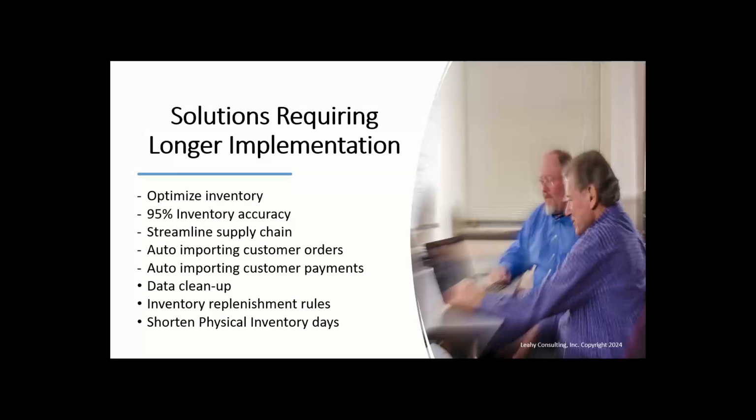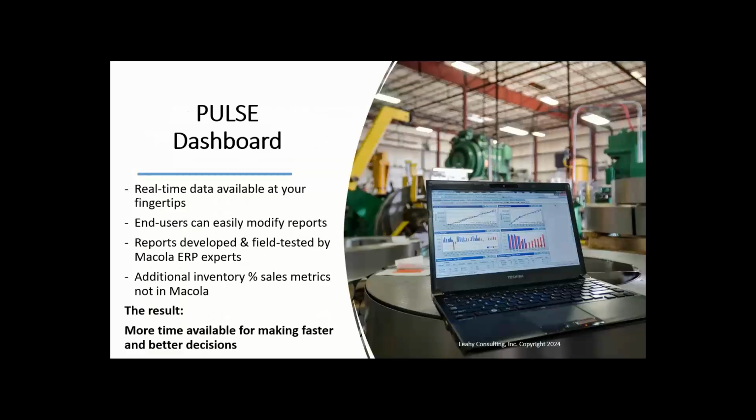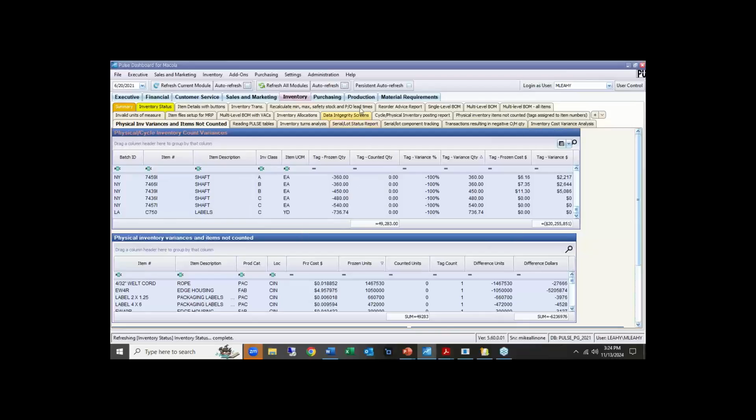So we are approaching my promise of getting everybody out in 55 minutes. We started 2 minutes late. I think what we wanted to do here was to maybe emphasize again, one of the purposes of our dashboard is information at your fingertips, that you can modify the reports easily, but we've continued to add more and more metrics in the sales area and the inventory and the supply chain area. So for those of you who are interested or maybe have used dashboard for a long time, you come back and you say, well, I saw this